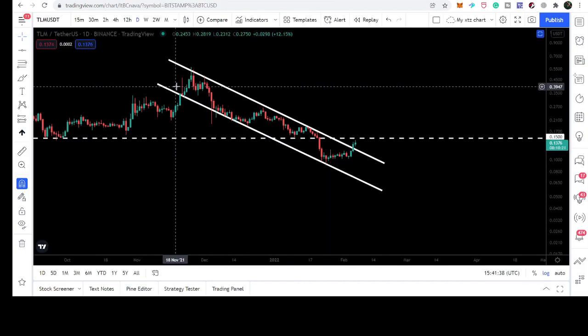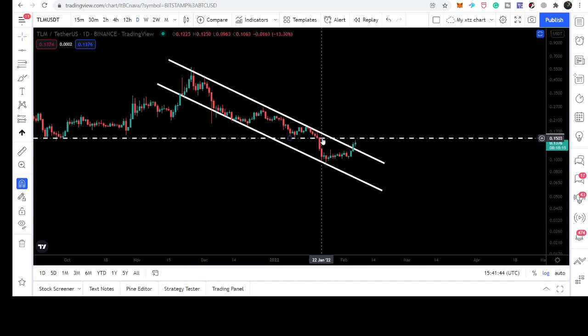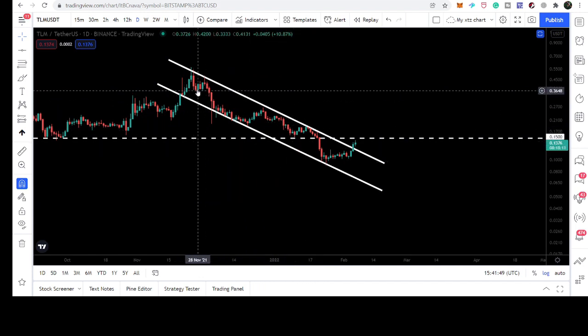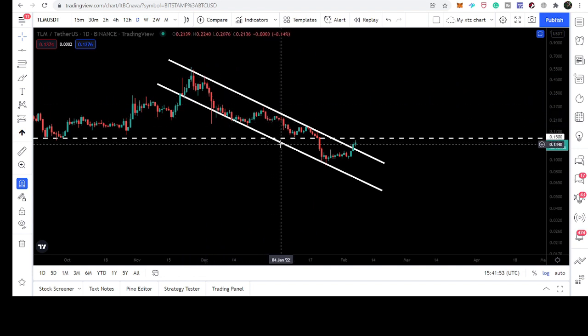And you can see that the price line was moving in this down channel since 21st of November. We had so many touch points at the resistance and also several touch points at the support as well. And you can see that we were testing the resistance more than the support, and the more we test the resistance, the more there will be chances for the breakout. And right now the price line has broken out the resistance, but there is another price level resistance of 15